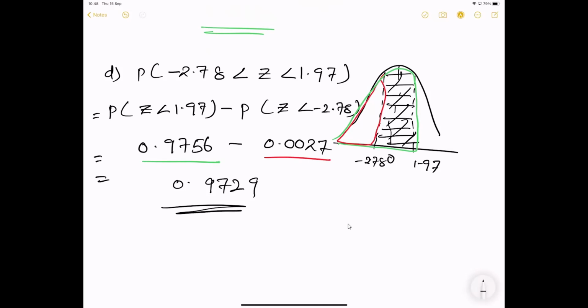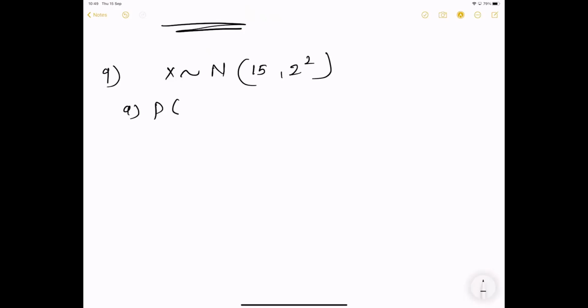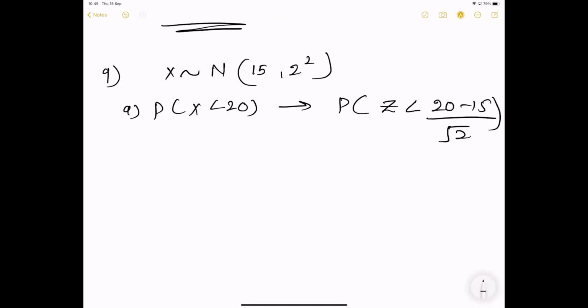Right, let's see question number 9. Let X be a normal random variable with mean 15 and variance 2. X is normally distributed, and we want to find P(X less than something). First we want to convert this into a standard normal, as before, by dividing by the square root of 2. Its answer should be